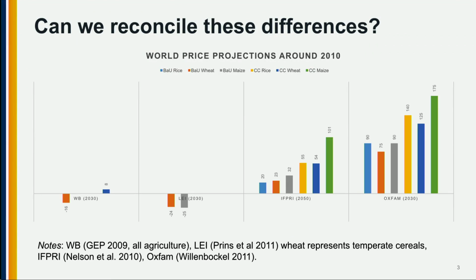So there are a number of studies that came out roughly around 2010 that showed very different scenarios for price trends for different periods. So you had the World Bank, which basically was me at the time, with prices continuing to decline through 2030, about 16%. And then we had kind of a low productivity growth scenario where prices would rise modestly. You could think of that as climate change. We didn't call it climate change. We just called it low productivity growth.